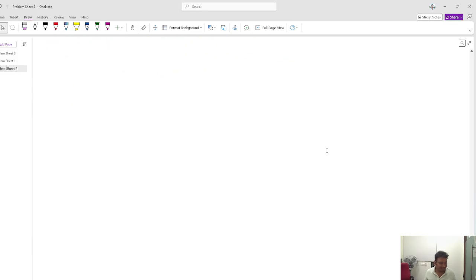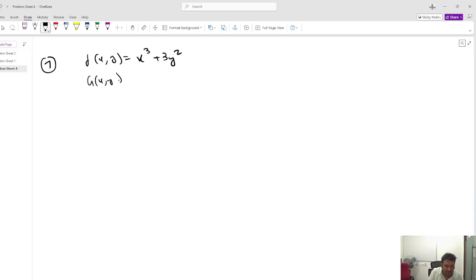Okay, very nice. Now, similar to this, you have problem number 7. So you are given f(x,y) equal to x cube plus 3y square, and you are given g(x,y), you can define it to be xy plus 4. Subject to this constraint g, you have to maximize or minimize whatever you have to do with f. So again, you will solve this equation. You see, it's the same